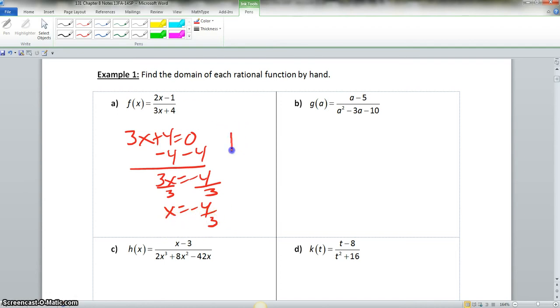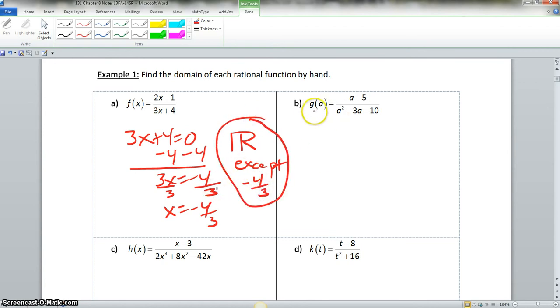So we could put all real numbers except negative 4/3. So that will be your final answer. Now we go here to B. It says g of a is equal to a minus 5 over a squared minus 3a minus 10. So we would set our denominator